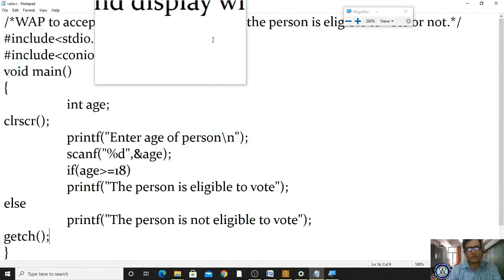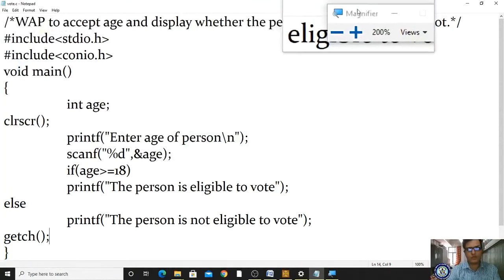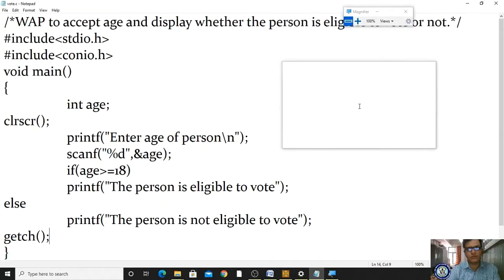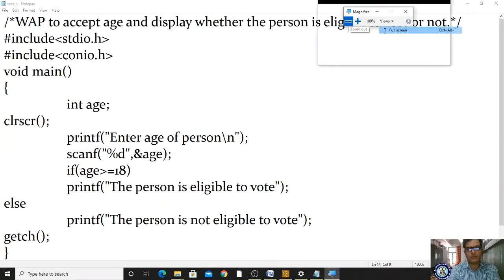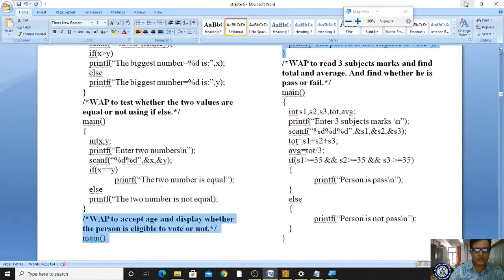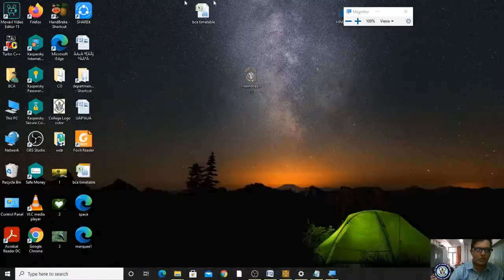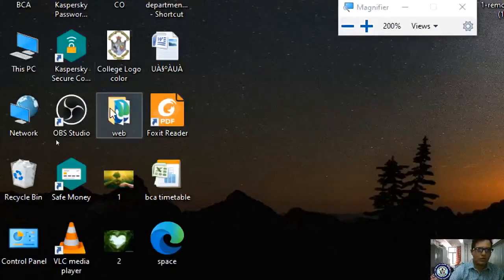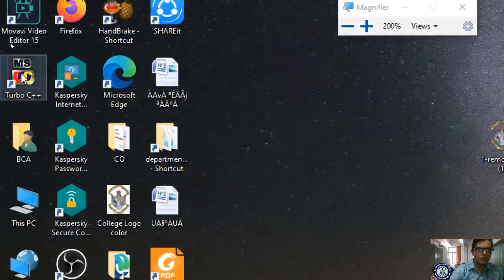After storing that, what do we have to do? We click OK, minimize it, and open your editor. So your editor is like this, the Turbo C++ editor.